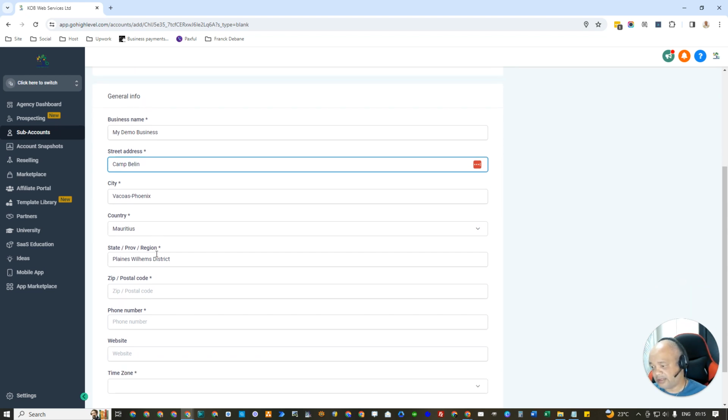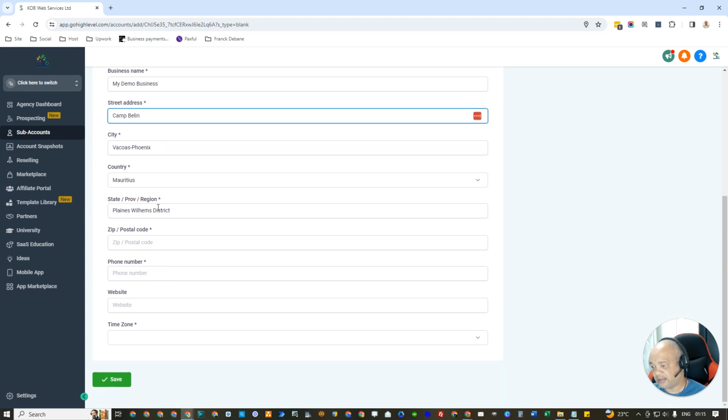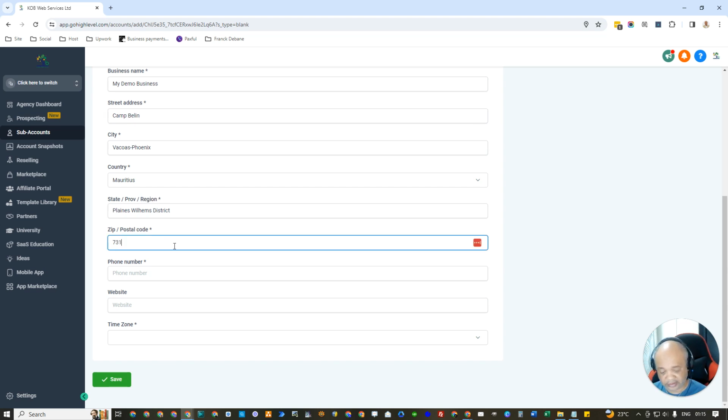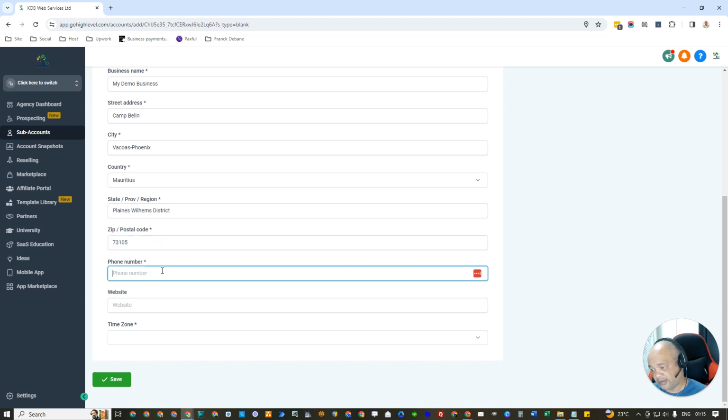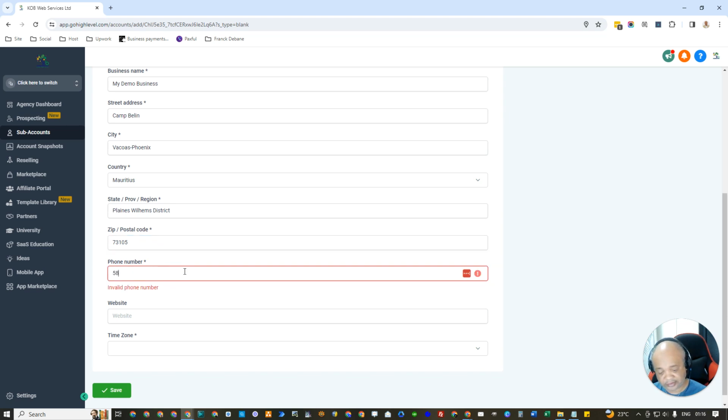Then the city is already there, the country is already there, the state. Normally here in Mauritius, we don't really have states, but it's mostly the region itself. Then we need to include the postcode, phone number. So I will just put